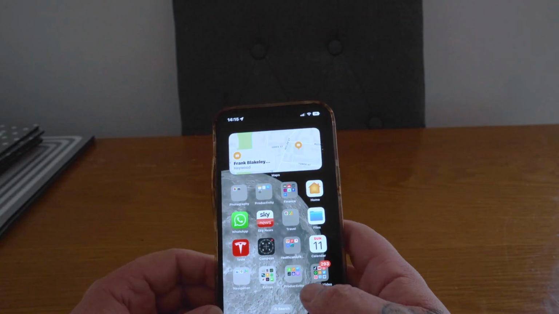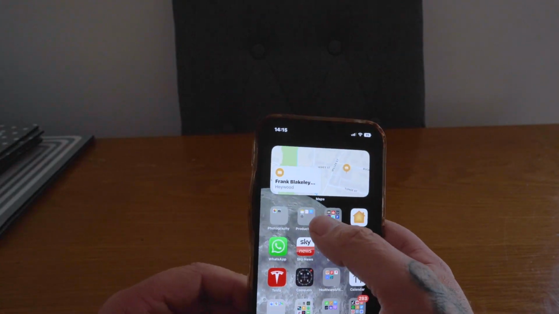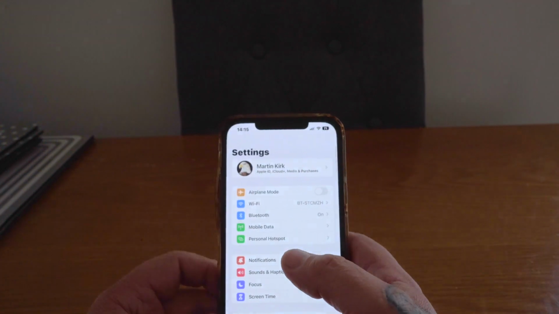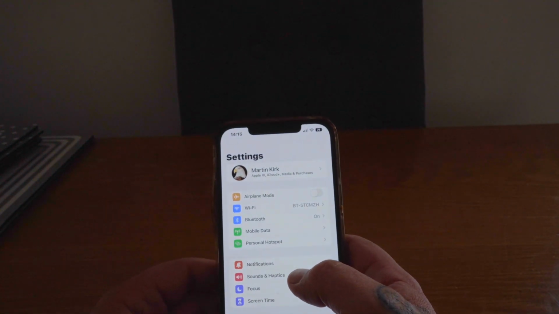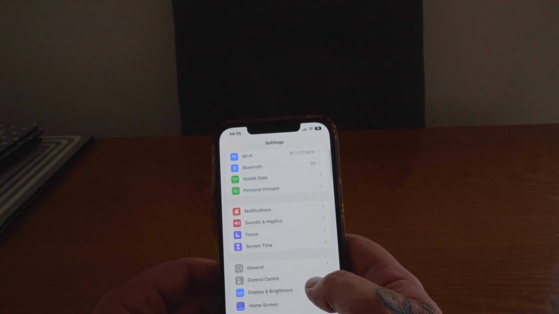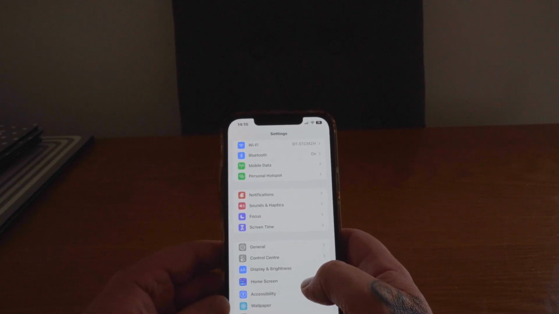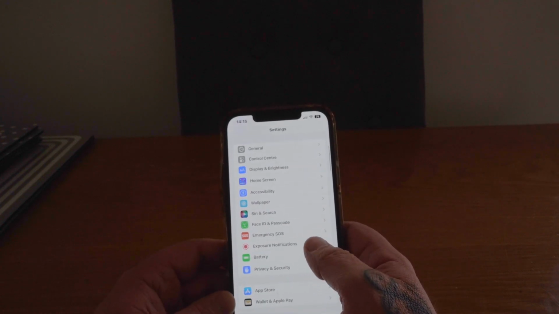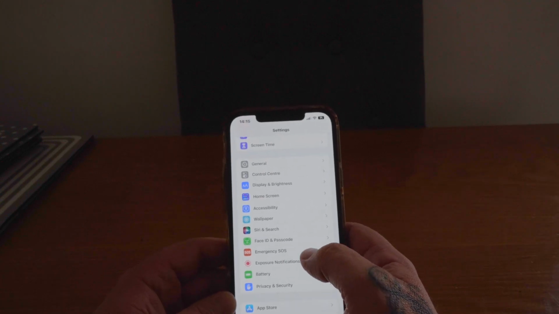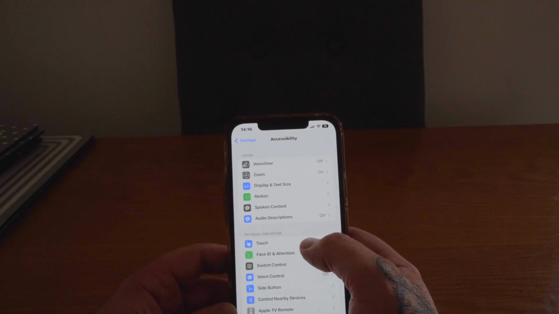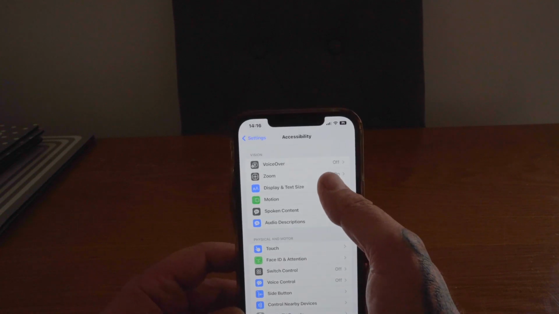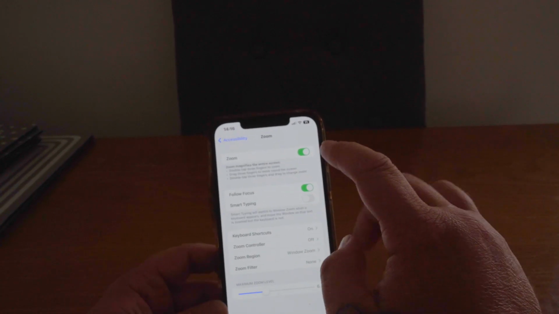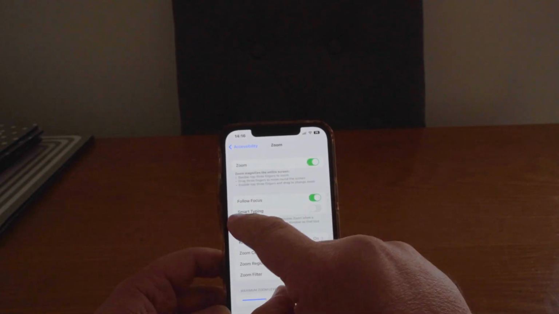So if you are short-sighted like I am and sometimes forget to bring your reading glasses, then there's a little trick on the iPhone to make it easier to see text and pictures and stuff. But you go into accessibility here, and if you go into zoom, if you look here, zoom, that's on, and